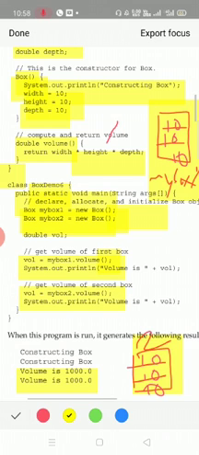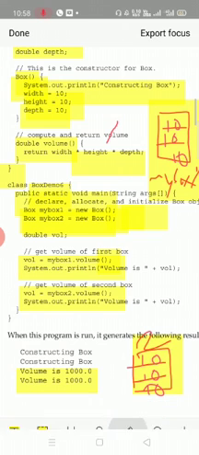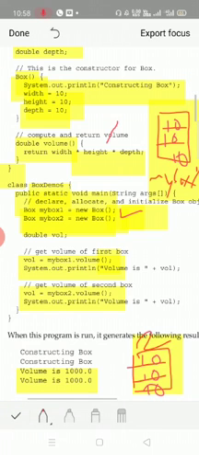For the first object, we can see only one System.out.println statement. These values are simply assigned, and there is no print statement to check the values 10, 10 and 10. But with respect to each object we have one print statement. What is that? Constructing box. So with respect to the first object, constructing box is printed.